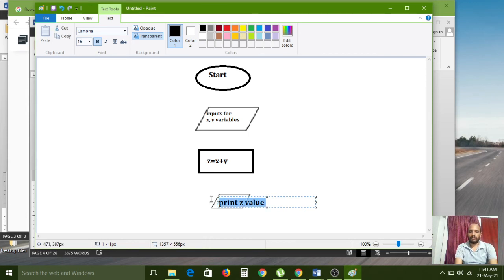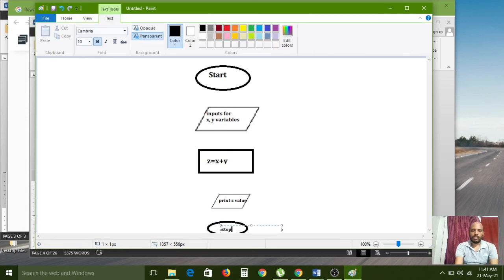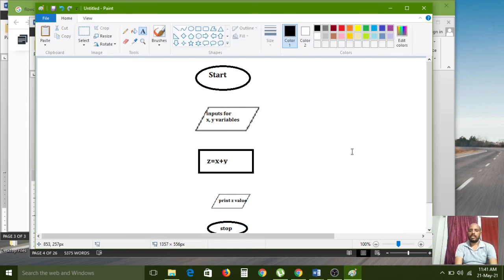Right? And finally we can stop the terminal. So like that we have to draw the flowchart, and arrow marks are compulsorily required.